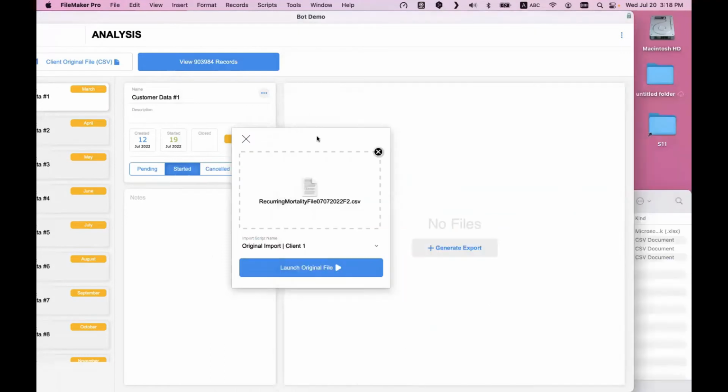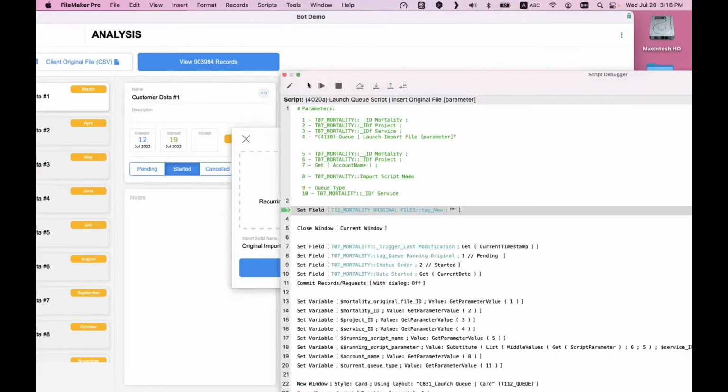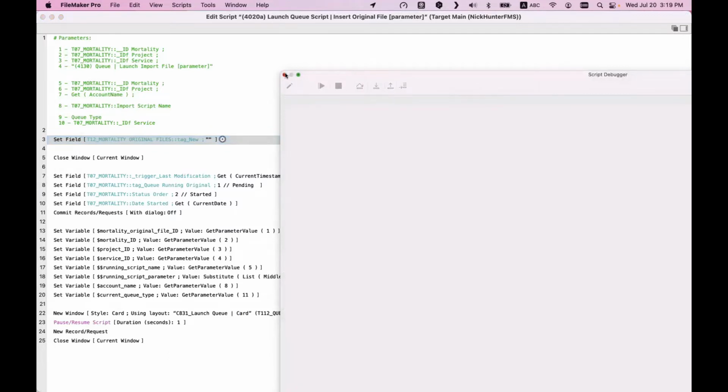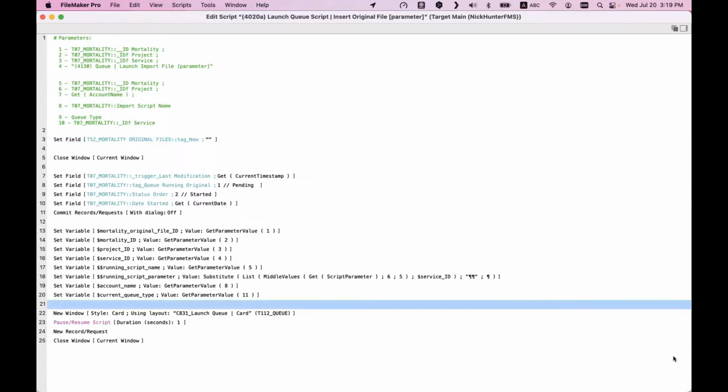And information: if you do this, you edit, and if you close the script debugger right now, it executes the script. I don't want the script to be executed. I terminate the script and I close the debugger, okay? So that's a technique to save my time and save you time as well.